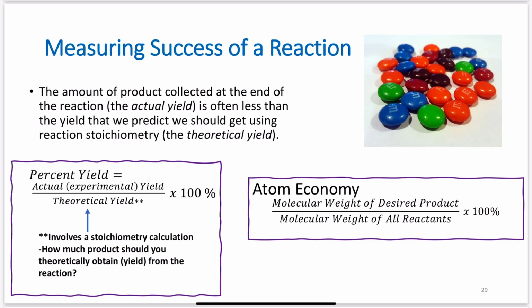As an example of atom economy, look at these M&Ms. Now, I don't actually know how many M&Ms are there. Let's say we have 22 M&Ms total. I don't actually feel like counting them. Let's say we have 22 total, but all I want is the green M&Ms. Green M&Ms are my favorite. I don't know why. They just are. We've got 3 green, 22 total,